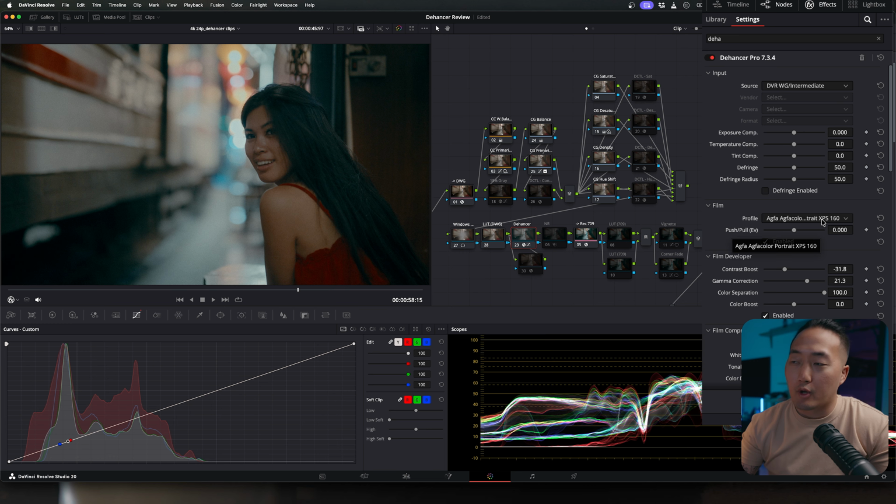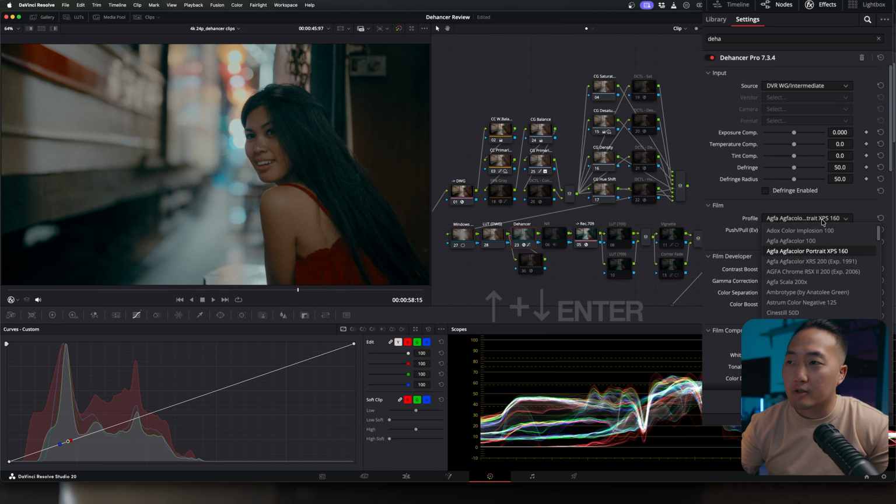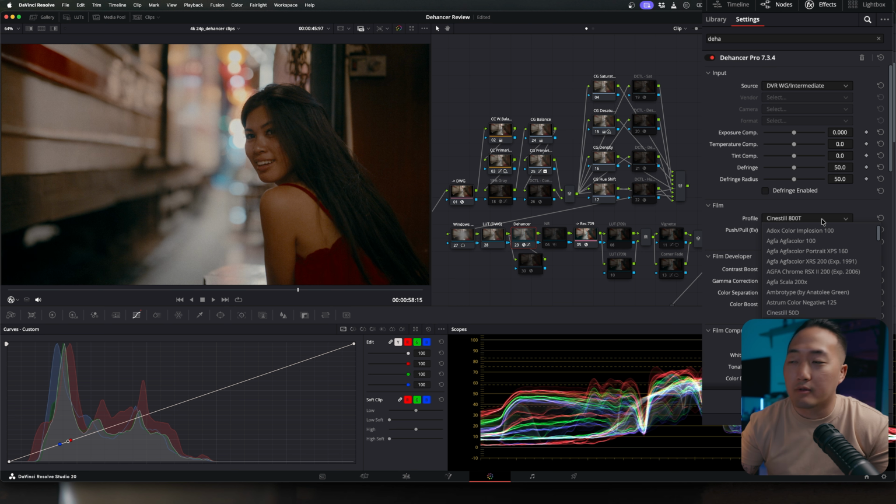Let's start with quickly browsing through the film stock profiles. First, click and open up the profile drop-down menu, and once you're in here, just use your up and down arrows on your keyboard to move between profiles and hit enter to select. So long as you keep your mouse hovering over the profile section, you can copy this action to quickly go